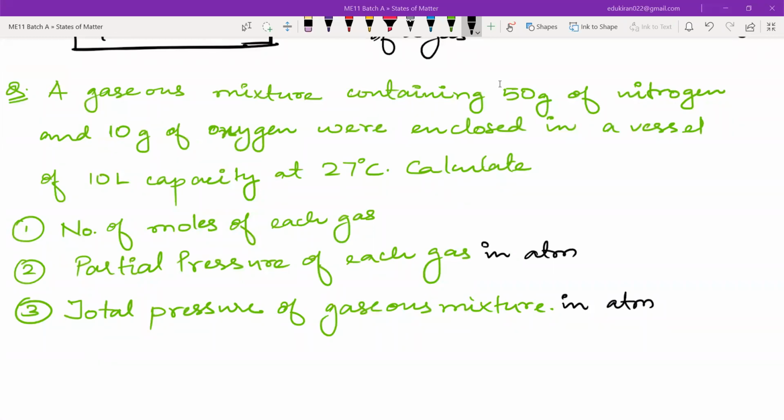N2 and O2, क्योंकि गैस अगर है तो it should be existing. Oxygen gas exists, right? तो 50 ग्राम है कहीं पे मौजूद, that means it should be present. Oxygen does not exist in its elemental form, so it is O2 and N2. Very good. So calculate the number of moles, partial pressure of each gas in ATM, and total pressure of the gaseous mixture in ATM. Then let me know if you're done.